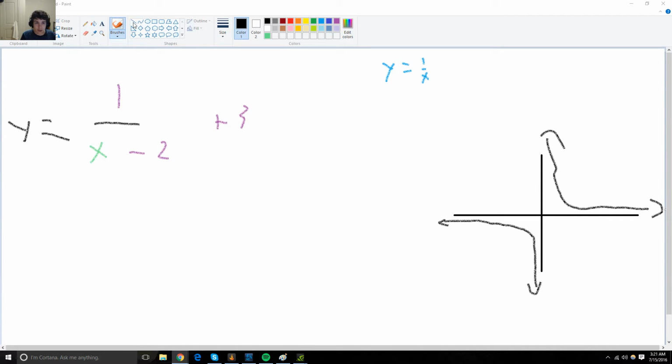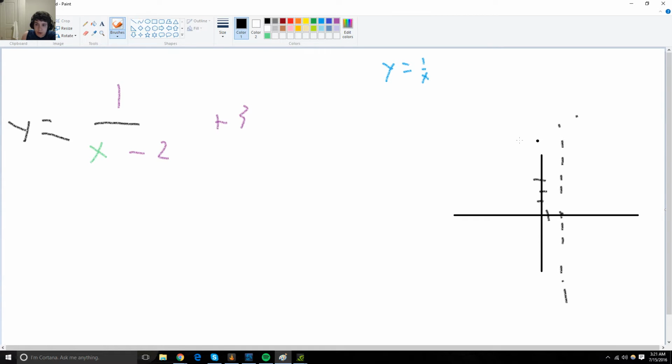So it's just going to look the same, just to the right 2 units. So I'll put it 1, 2, and then up 3 units. So 1, 2, 3. So now you will have a vertical asymptote at x equals 2, because when x is 2, the denominator equals 0, because 2 minus 2 is 0. So we're going to do a little dash line. Those are what asymptotes usually are. And you have a horizontal asymptote at y equals 3,